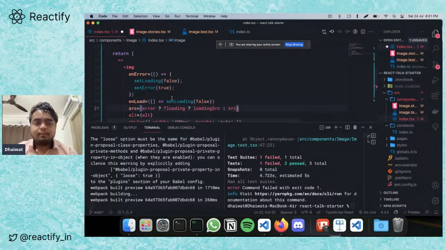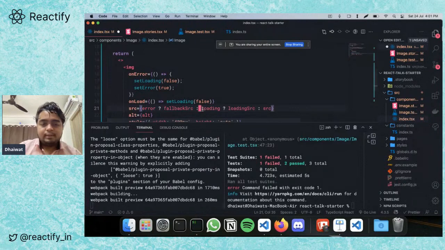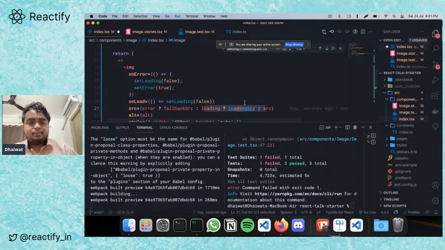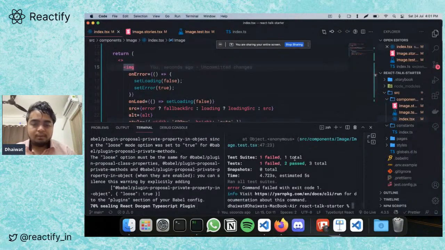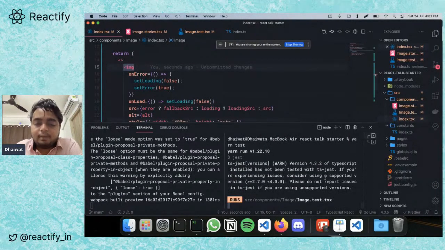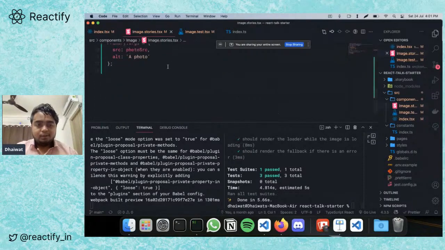If there is an error, we want to show the fallback SRC. If there is not an error, then the standard stuff. Okay, let's see. Do the tests pass? Yes, they do.